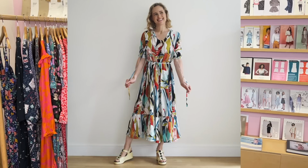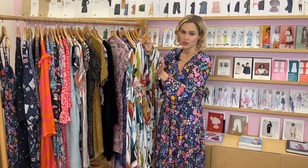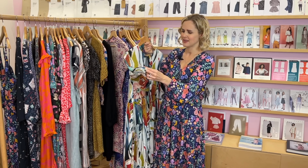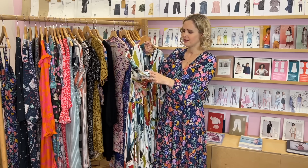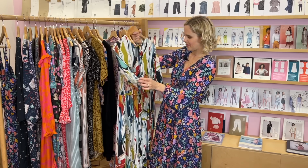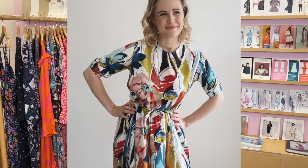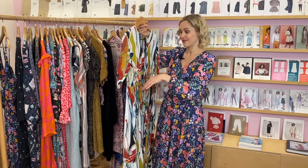So it's quite a loose sort of bodice. There's no darts or anything. Different sleeve lengths. I think we added in the elastic cuff as part of the kit. I've got a feeling that doesn't come as part of the pattern. And then you can also make a little belt and do little dainty belt loops too. So I show you how to do that in the top tips video that's still available, that came with the